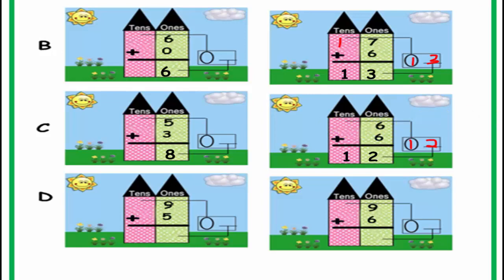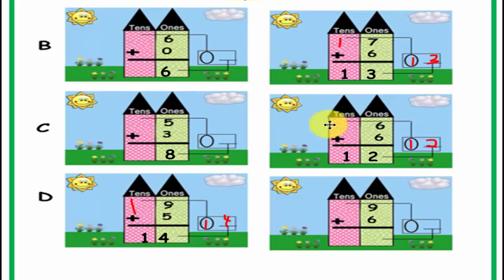And let's look at the next one, row D. Here we have 9 plus 5. What's the answer? 14. Very good. Again, what do we have? Well, you'll notice that we have a 4 in the ones and a 10. So let's put our 4 here in the elevator, because we want to make sure we go down to the left, and the tens column goes in the balloon, comes up, over. Okay? And the last one, we have